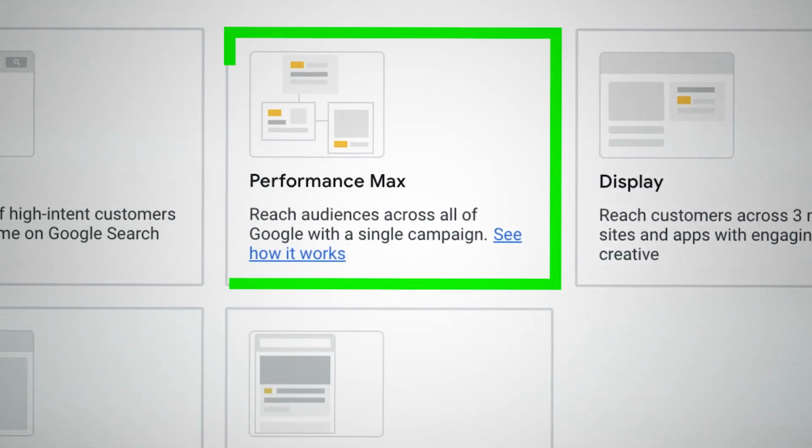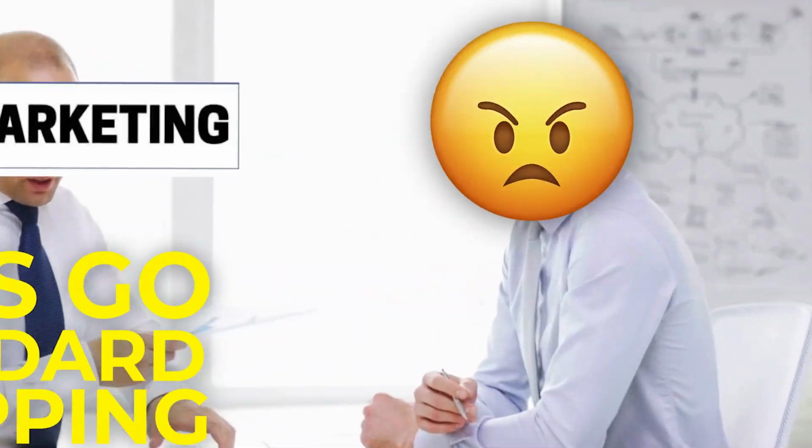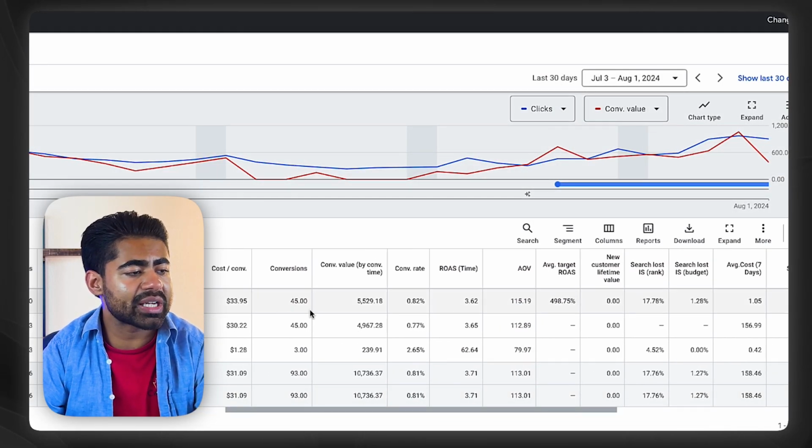They would rather stick to performance max campaigns, and whenever we discuss shopping campaigns or standard shopping campaigns, they become a little bit jittery. This is really interesting to me, because standard shopping campaigns, if used correctly, can be a benefit to your performance max campaigns. They can actually work complementary with the performance max, and this account right here is the perfect example of this,